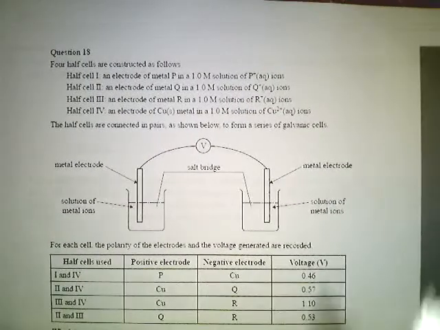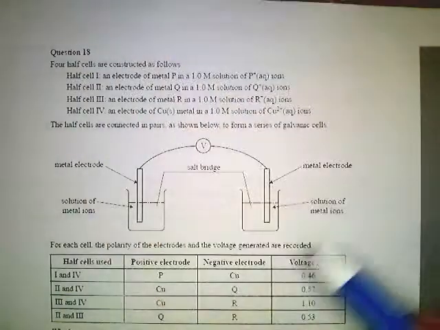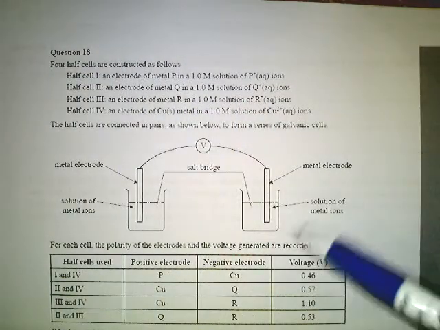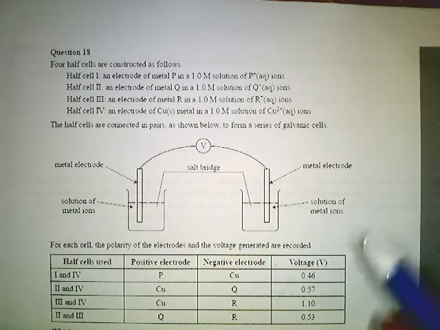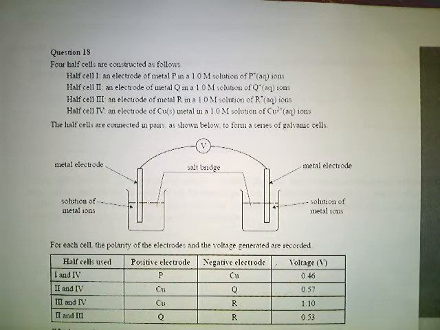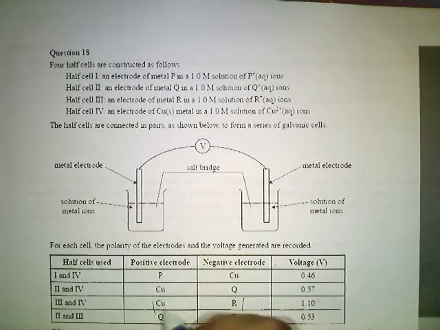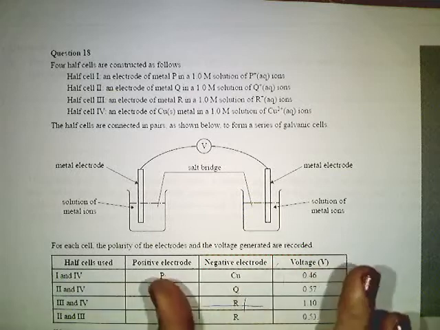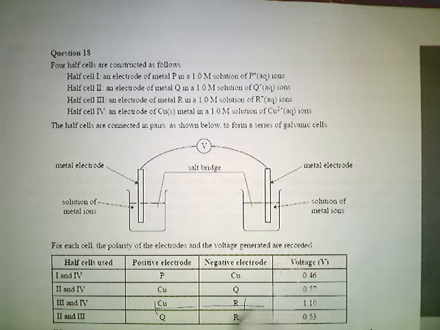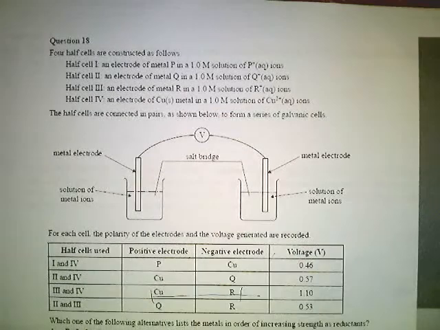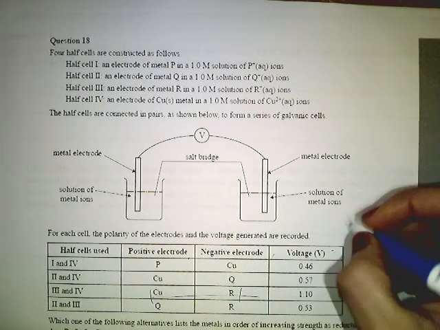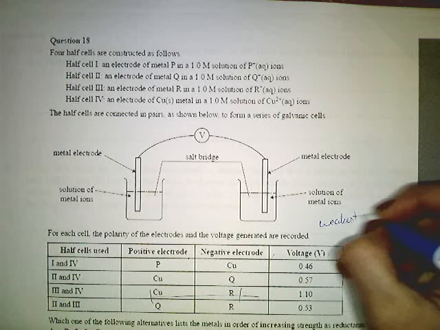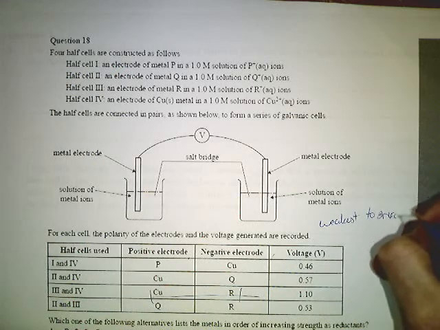Okay, so here we've got 4 half cells. Now we've got a positive electrode and a negative electrode, so they've told us that. They've also told us the gap between them, so I can tell copper and R have the largest gap between them. So basically it wants you to put them in order of increasing strength as reductants. That means from weakest to strongest